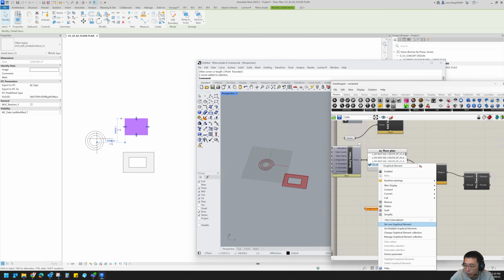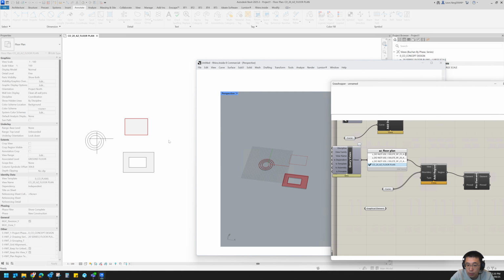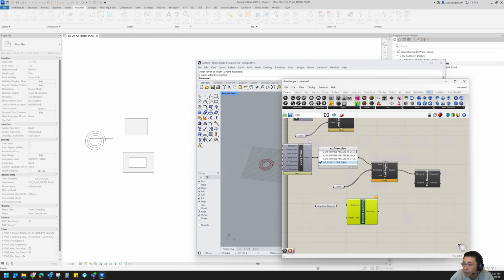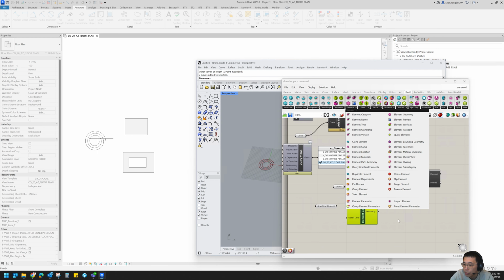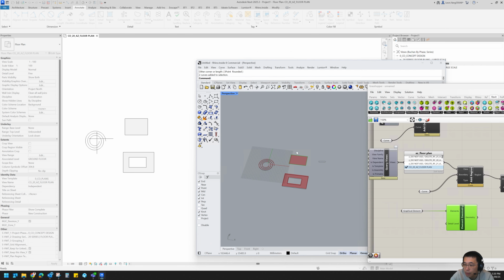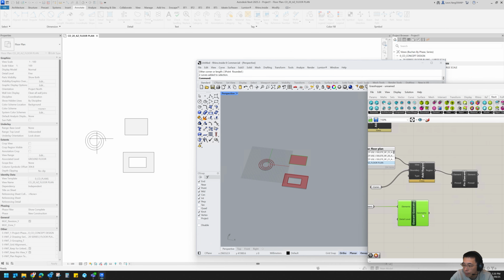Set one graphical element, set it, and then we can do element geometry here. So it's under Revit, geometry, element geometry, and then we can get the surface into our Rhino. Then we can explode it,